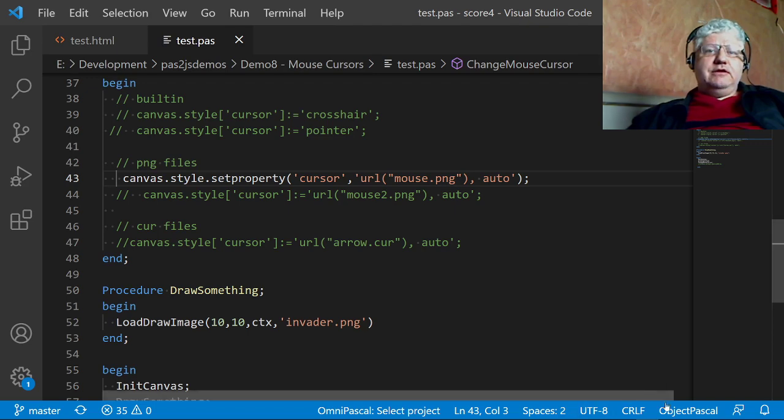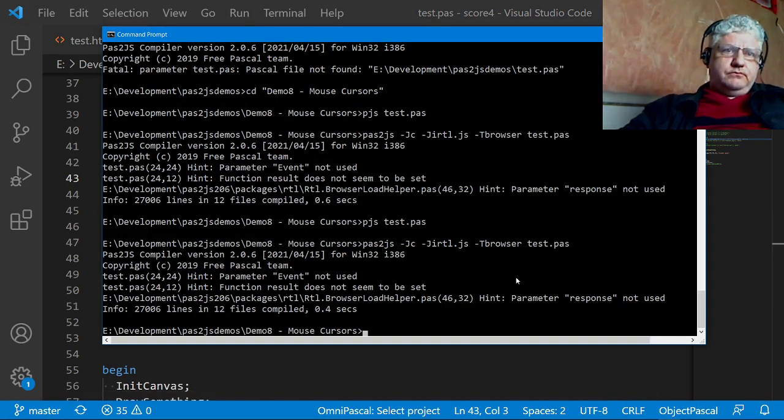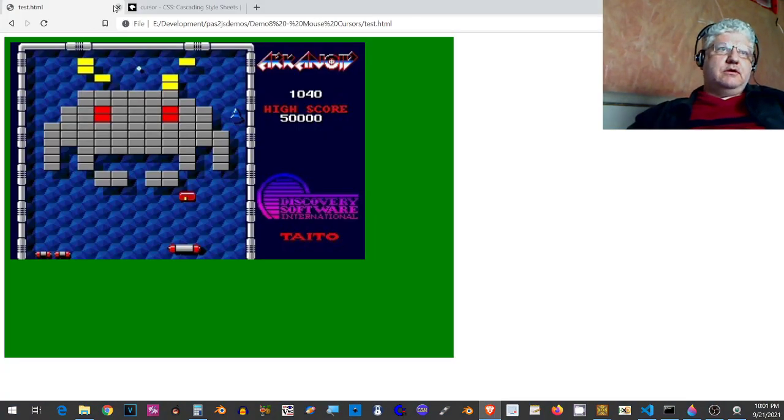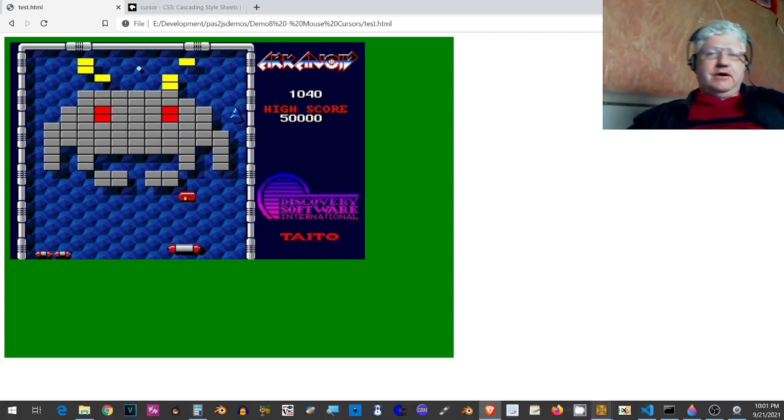Save this again, and the same thing, we have to recompile. And if we refresh, the ping file that I'm using doesn't have the transparency,